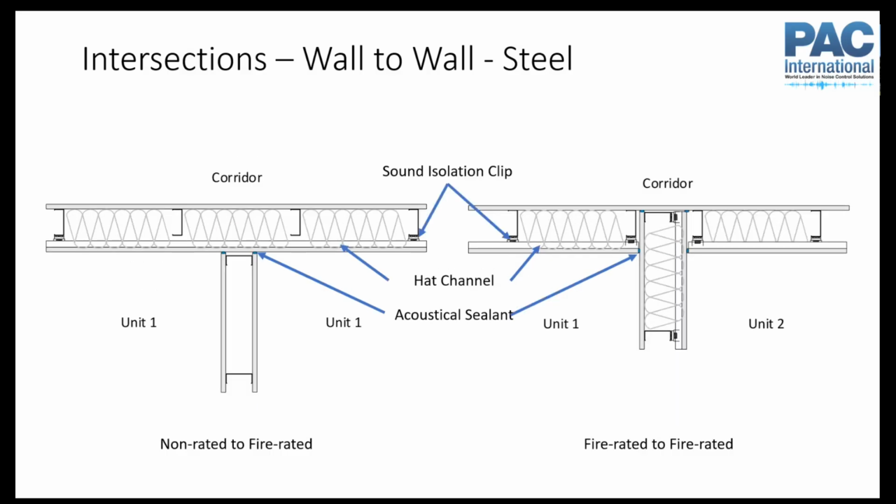So it's a similar kind of thing for a wall-wall intersection in steel, except that you can't use steel studs as fire blocking. So if you've got a non-rated wall, you can't interrupt the drywall, which means you have this continuous path here. Now, if it's from a bedroom to a bedroom in an apartment, maybe it doesn't matter as much. But say it's that strip mall kind of thing, two separate tenants, and this is a medical office space,